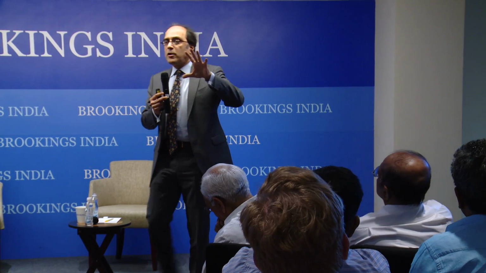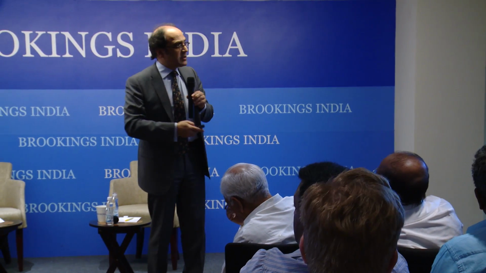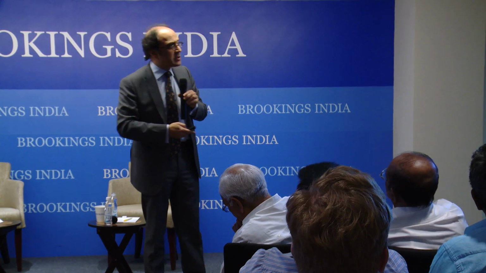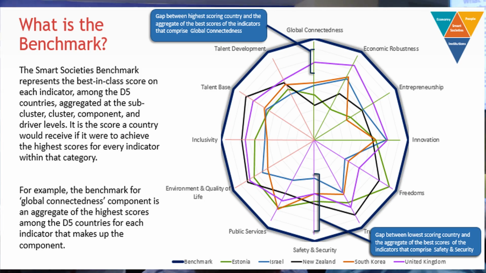And now, what we can do is we can create a framework for identifying policy goals, and we can also break those goals down into individual pillars organized by people, institutions, and economy. And what I've got here is 12 major pillars, but underneath the 12 are many, many indicators. There are a total of 242 different indicators within this spider web that I'm about to create. And we also created a global benchmark of a smart society.